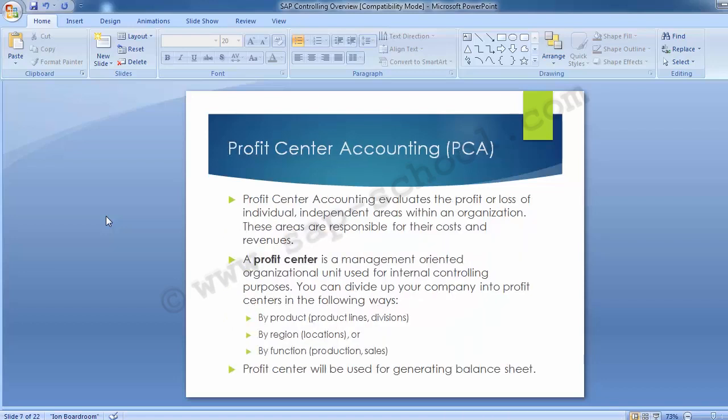Then profit center accounting. Profit center accounting evaluates the profit or loss of individual independent areas within an organization. These areas are responsible for their cost and revenues. A profit center is a management-oriented organizational unit used for internal controlling purposes. You can divide up your company into different profit centers in different ways, as that depends on the company scenario. Like